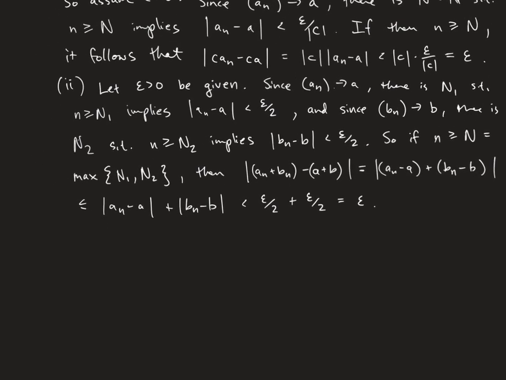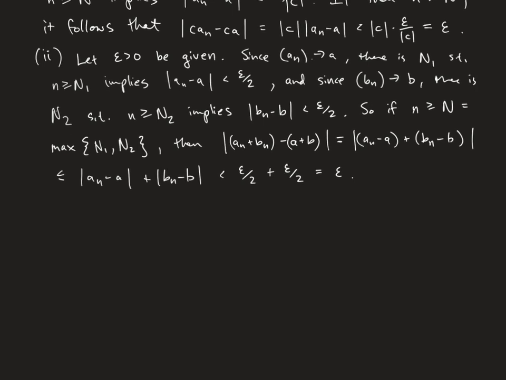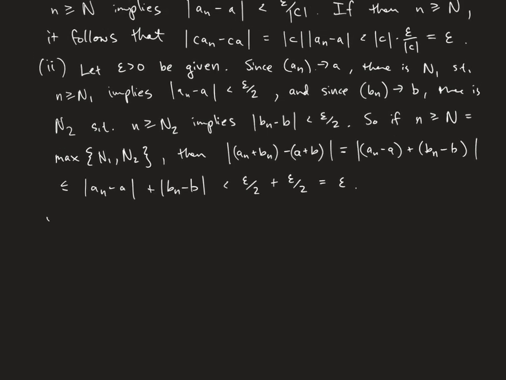All right, so number 3, this one is a little bit more complicated, or at least it's a little bit less straightforward algebraically than the last one. So let epsilon greater than 0 be given. Okay, so this time we have a product, and what we want to do is, so we have AnBn, I want to make the distance between AnBn and AB arbitrarily small. All right, so I'm trying to control this thing, and what I have is An minus A and Bn minus B.